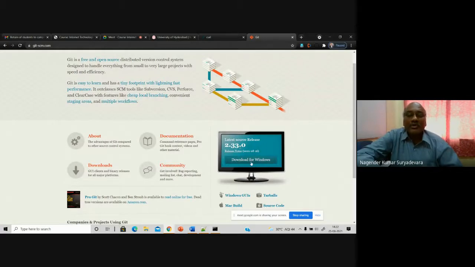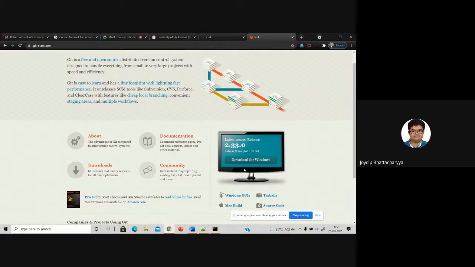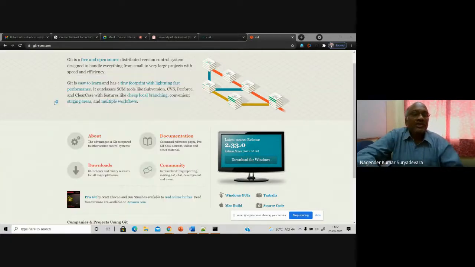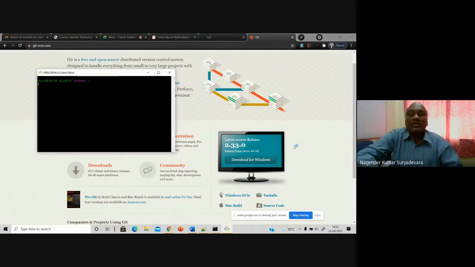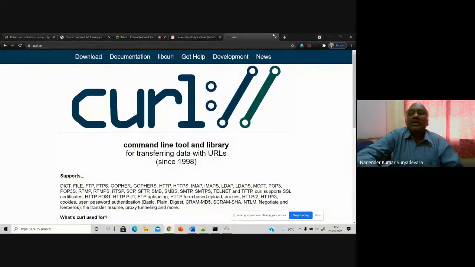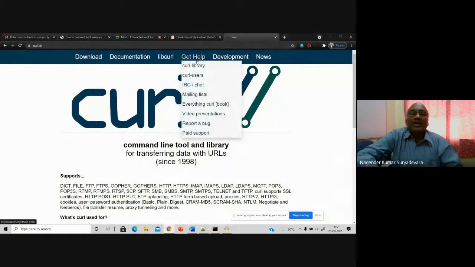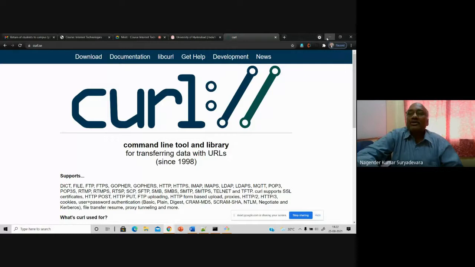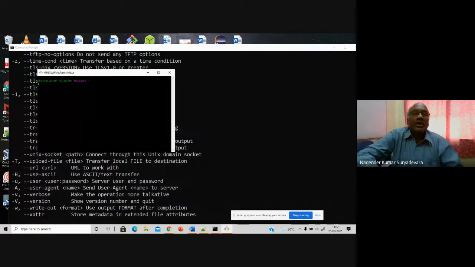So once you download it, I hope you are getting my point. Yes, sir. Once you download and install it, because my laptop is on Windows, I'm just showing you on this one. You can go to this Git Bash shell. This is the shell prompt, Git Bash shell. Once you install this, you will get the command prompt like this. Let me just close these things now. I'll come back to this website later, where you will see so many other options for your curl command. I'll come back to this at a later stage, but let me just show you.